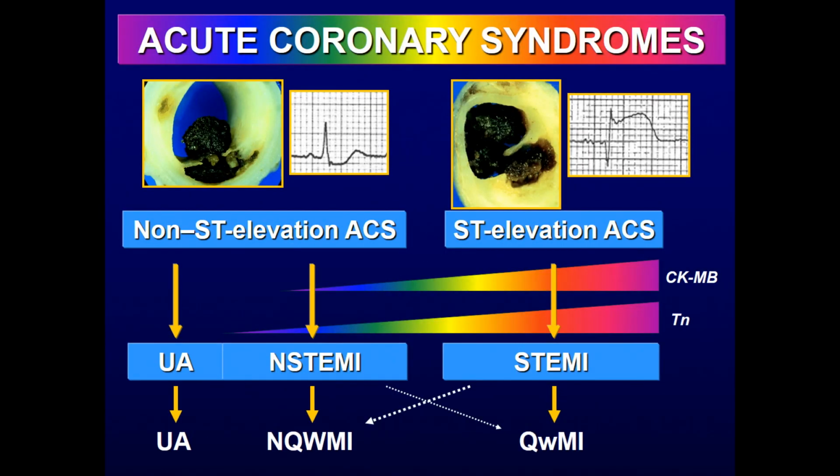Now, acute coronary syndrome really is a spectrum of presentation based on one underlying pathophysiology, and that is the acute thrombus in a coronary artery. And that thrombus happens when a cholesterol plaque either ruptures or erodes and allows a thrombotic event to occur within the artery. And if we're looking at a total occlusion on the right of the slide, you can see the classic ST elevation on the EKG, and this is deemed an ST elevation acute coronary syndrome, and there's clearly elevation